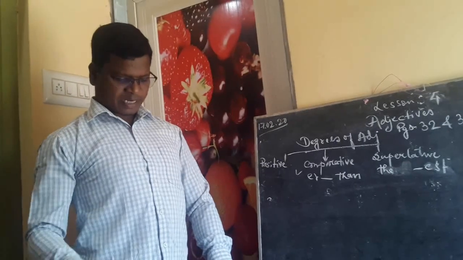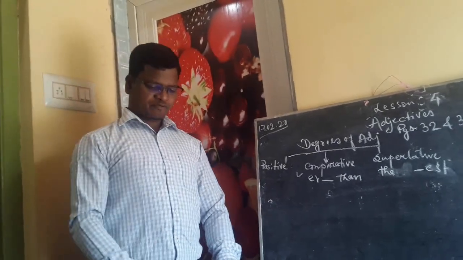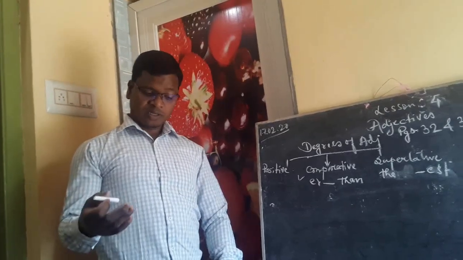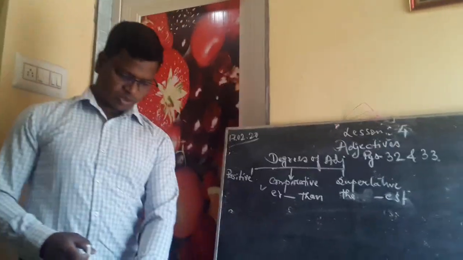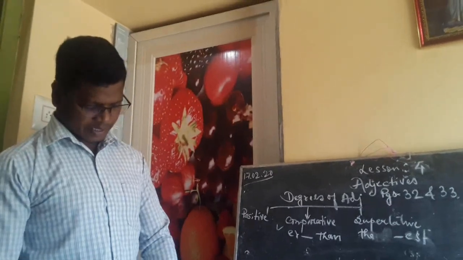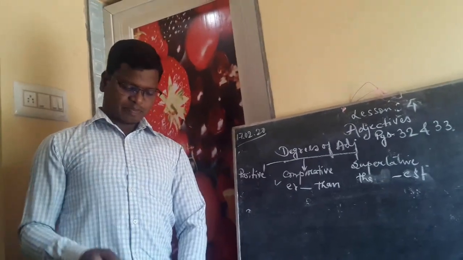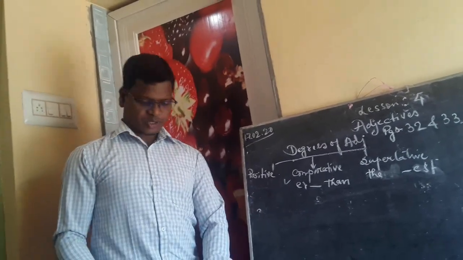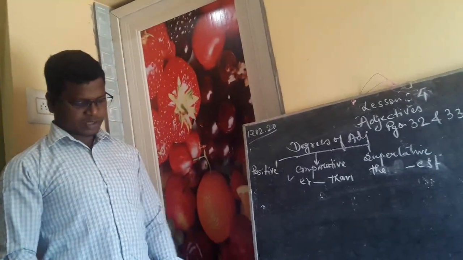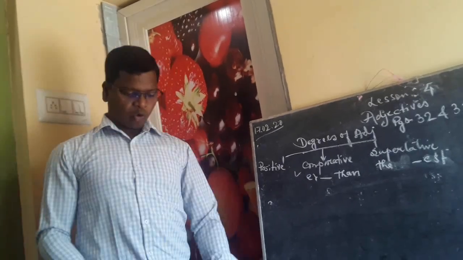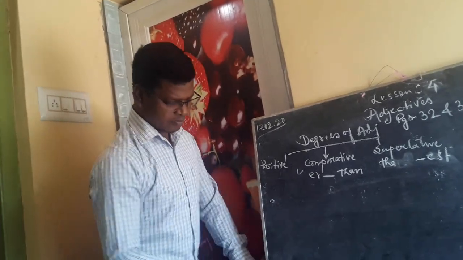So here expensive is written there. We have to rewrite the sentences using the adjectives in the bracket with less. So we have to make use of this word less here. The yellow skirt is less expensive than the pink skirt. Let's look at the next one. My new book is more interesting than my old books. So what shall I write here?